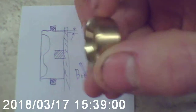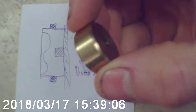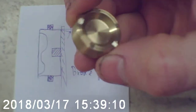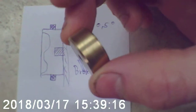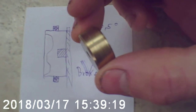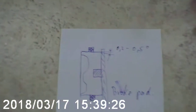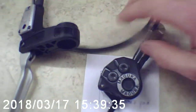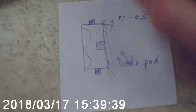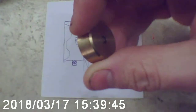This is special brass material which contains a little bit higher percentage of lead. Lead helps for smoothness of the movement inside the brake caliper, which is made from aluminum alloy and of course molded as well. In this case, I have one older Magura Julie hydraulic brake system, where I, of course, make my own pistons for this type of brakes,